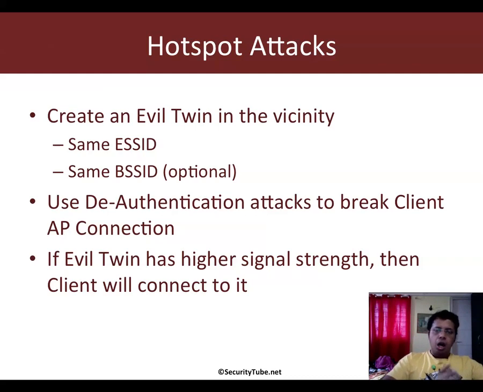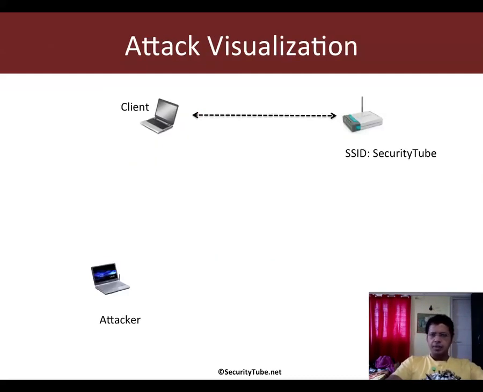Now, how would all of this work? Let me take you to the next slide where I've created a very simple animation. Here is the authorized access point broadcasting the SSID SecurityTube, and we have a legitimate client which has connected to this access point, and we also have an attacker in the same RF vicinity. So what the attacker will do is he will advertise